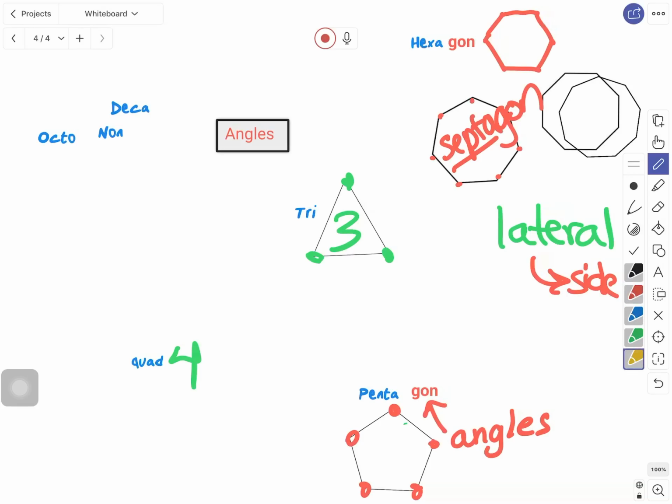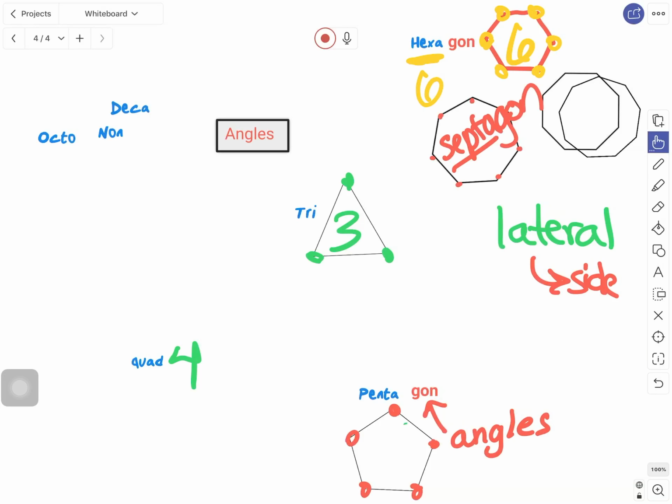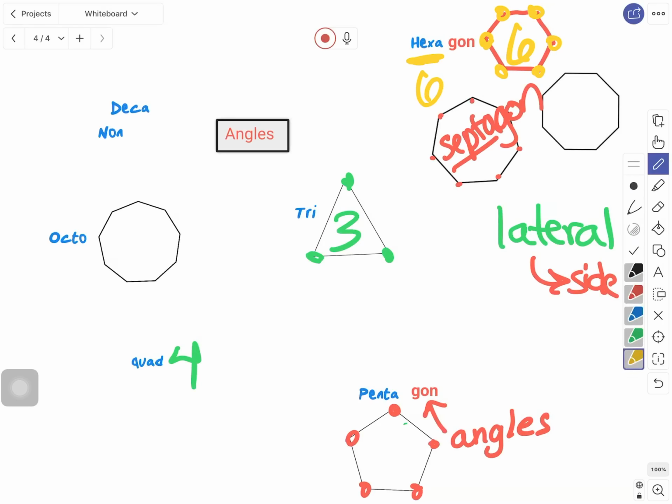Okay, so let's count our angles. 1, 2, 3, 4, 5, 6. 6 angles. Hexa means 6, gon angles. Okay, so now we have a couple more. Octo, octagon. Well, if you know what an octopus is and how many legs that has, you should know octo